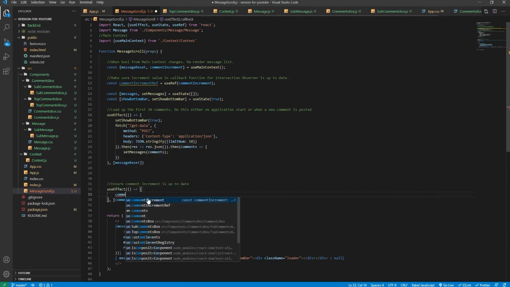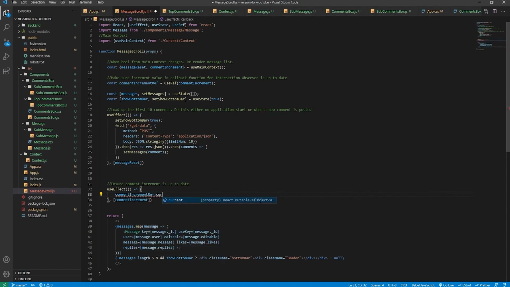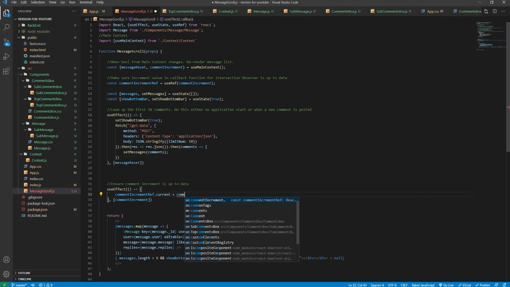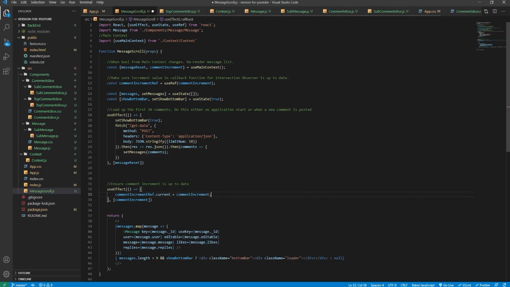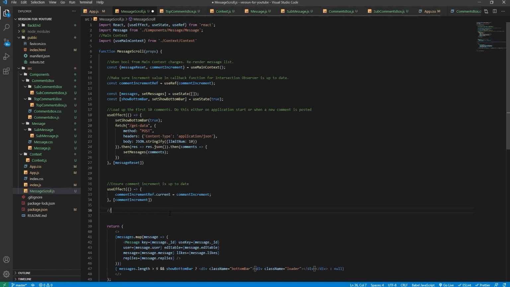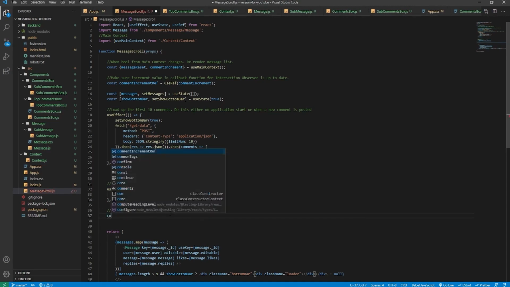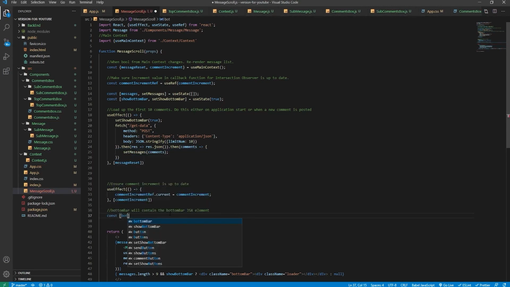Inside we'll say commentIncrementRef.current to get access to the value of the reference, and we'll set that to be the commentIncrement value, which has obviously just changed. Below this we will create a reference to the bottom bar element. So we'll create a comment called bottom bar, which will contain the bottom bar JSX element,